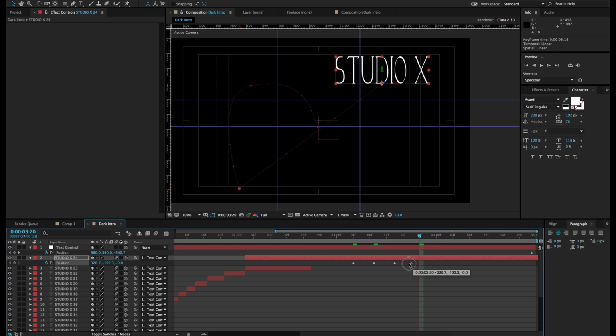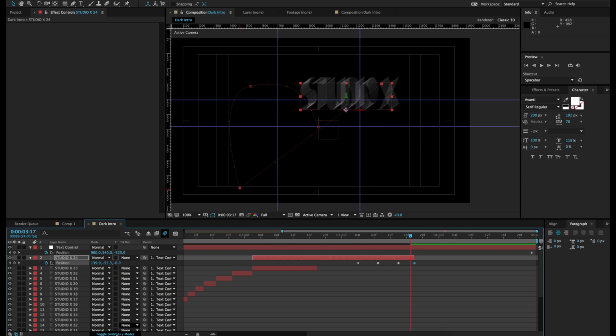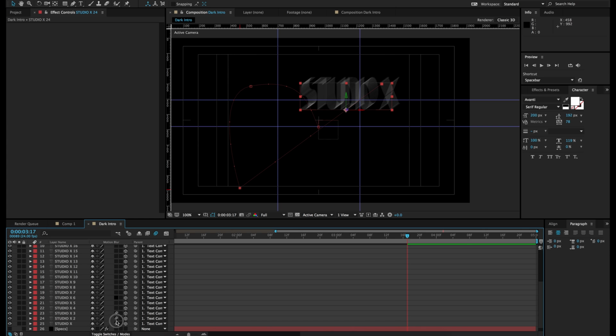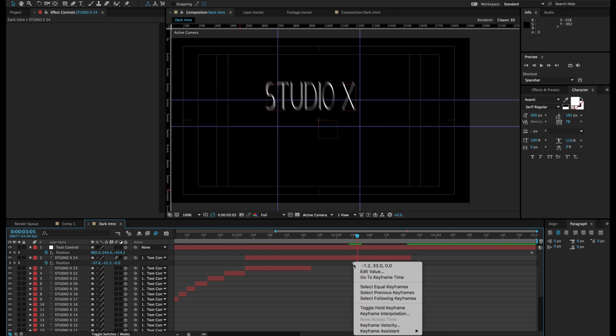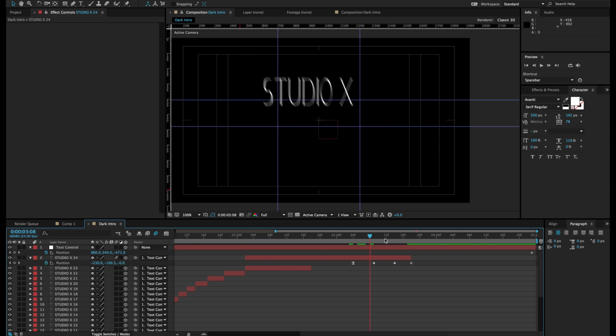So now I'll actually bring it a little bit closer, and then just like before, you can hit Option and end bracket so it gets cut off right before it reaches the end. And now all you need to do is enable the motion blur and enable it on the layer as well. So I'm actually going to disable all these other ones that I have enabled for some reason. So now you can see the text starts moving, and I will actually right click on the first keyframe, go Easy Ease, just so it starts off kind of slow and then starts moving in this fast